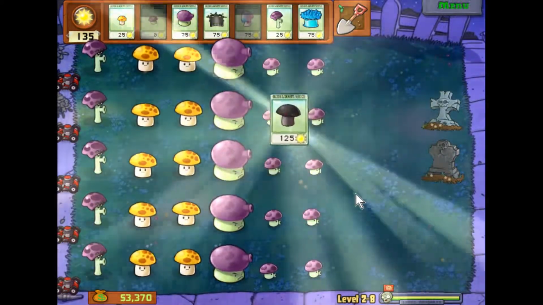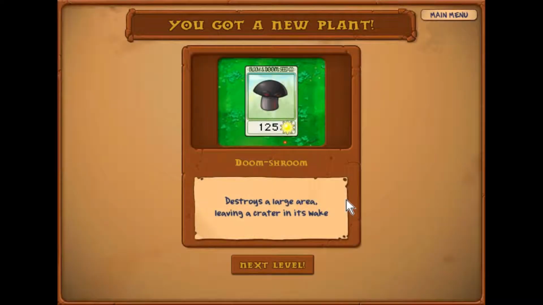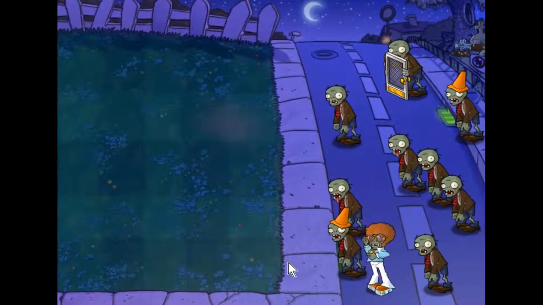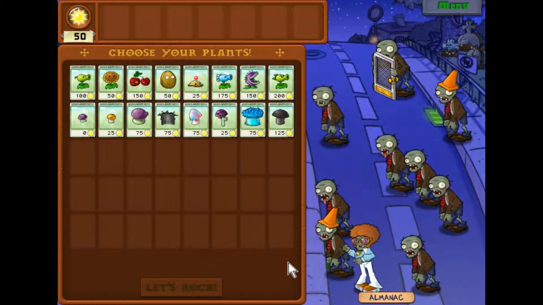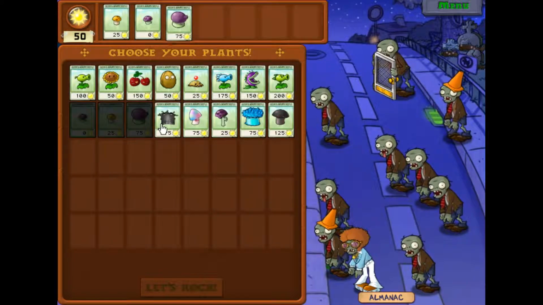And we got the Doom-shroom, which is... Oh, I forgot to show off the Ice-shroom. Oh, I'm so dumb. Alright. We got the Doom-shroom, which is pretty much like the Ice-shroom, except it blows everybody up. Alright, so for this level, we're going to do...